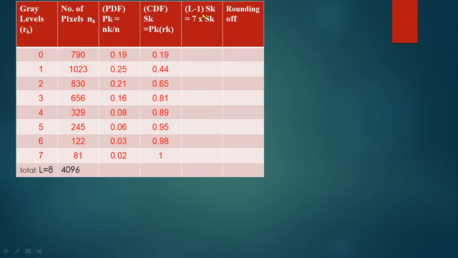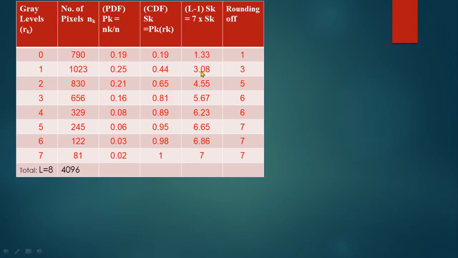Then L minus 1 into Sk. L equals 8 here. L minus 1, that is 7, into the cumulative density functions: 0.19 into 7 is 1.33, 0.44 into 7 is 3.08, 7 into 0.65 is 4.55. After finding this L minus 1 into Sk, you have to round off these values. 1.33 becomes 1, 3.08 becomes 3, 4.55 becomes 5. Similarly for the other